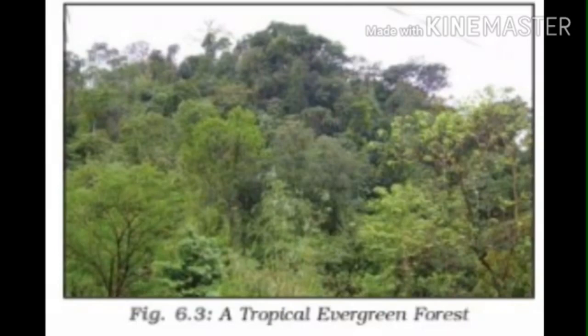Okay. Then what kind of vegetation is there? Vegetation means plants. Hardwood trees like ebony, mahogany and rosewood. These types of trees are found in the tropical evergreen forest. Then what are the animals present there? Yes, apes, snakes, lizards, monkeys, crocodiles, elephants. These are the main animals. Okay. Are you clear, children? We'll move on to the next one.